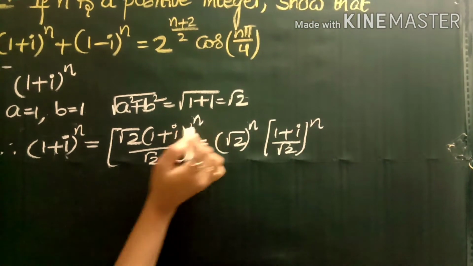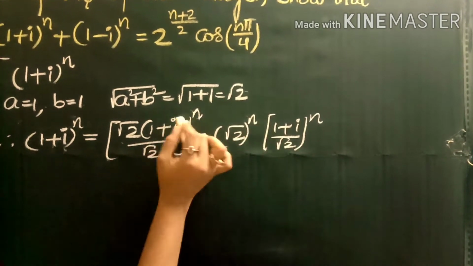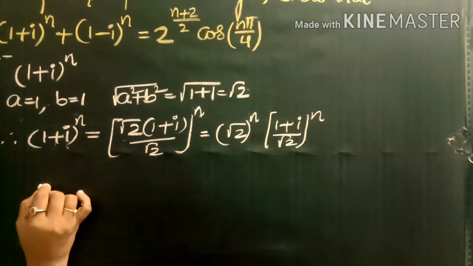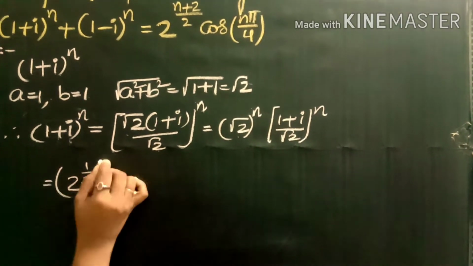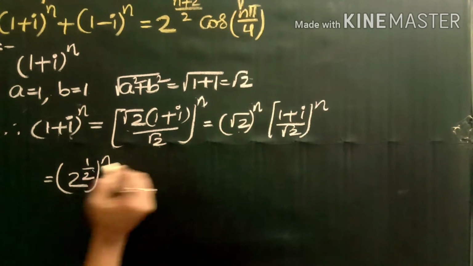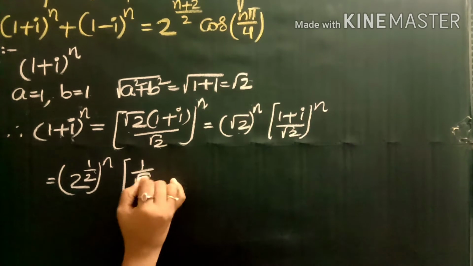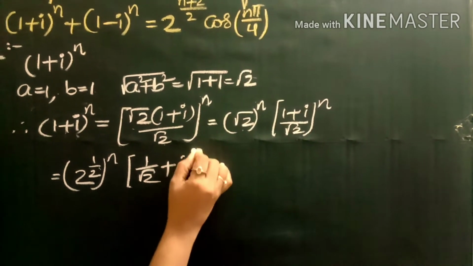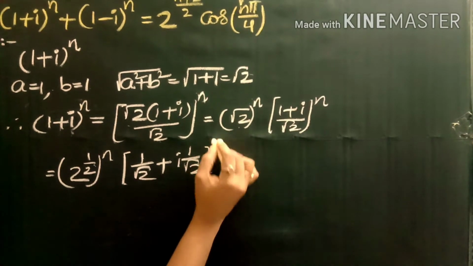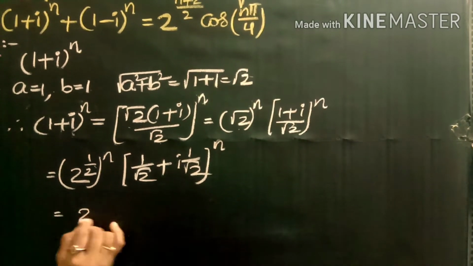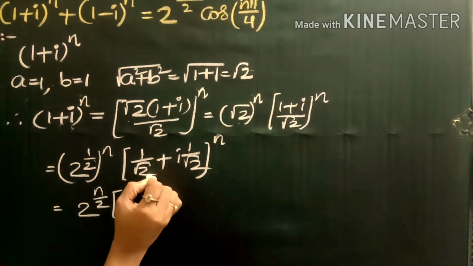Means we are separating the power to the term root 2 once and to the remaining term once, that is root 2 power n into ((1 plus i) by root 2) whole power n, and this is equal to (2 power 1 by 2) whole power n. Root 2 is nothing but 2 power 1 by 2. Into, separating the numerator, (1 by root 2 plus i into 1 by root 2) whole power n, and this is equal to 2 power n by 2 into